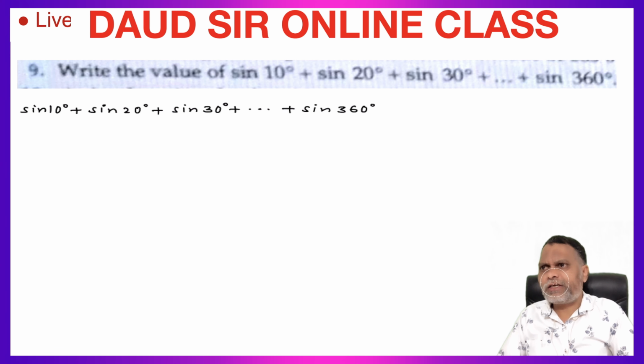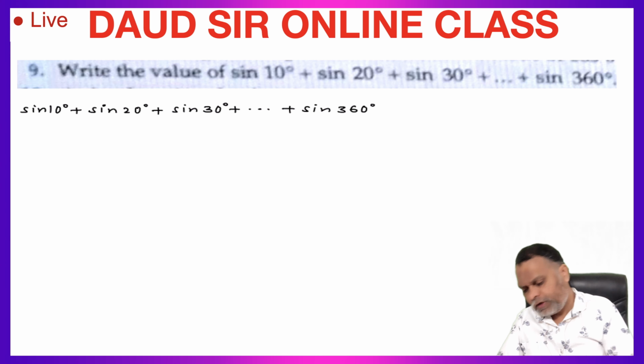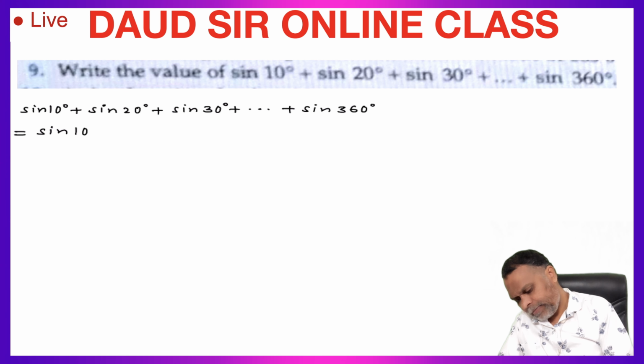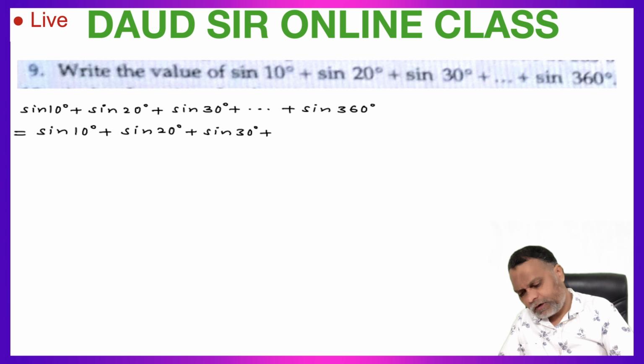So the angle is increasing 10 degree here. So we can write this sine 10 degree plus sine 20 degree plus sine 30 degree plus up to dot dot sine 180 degree